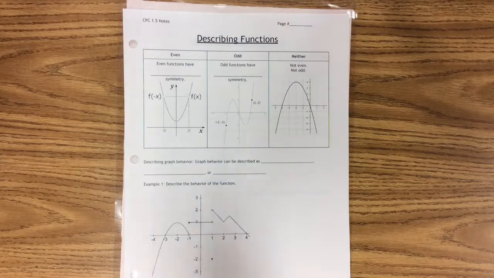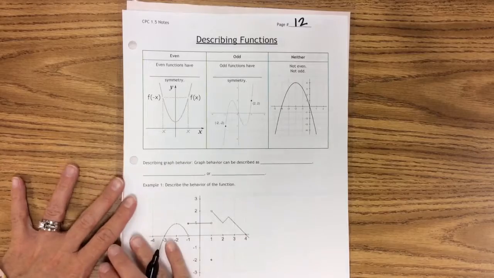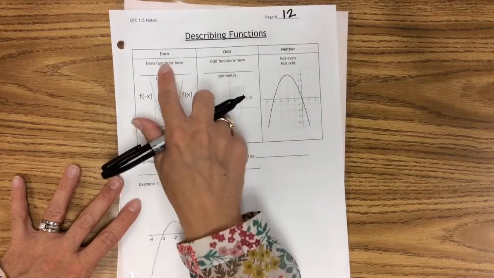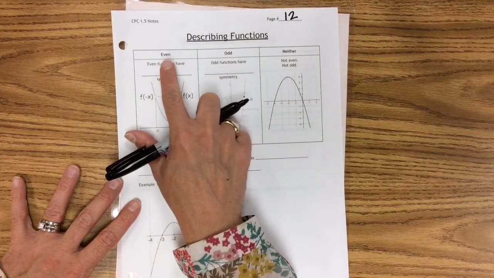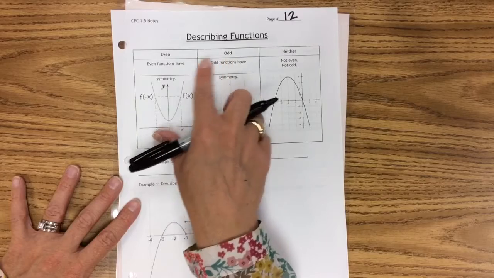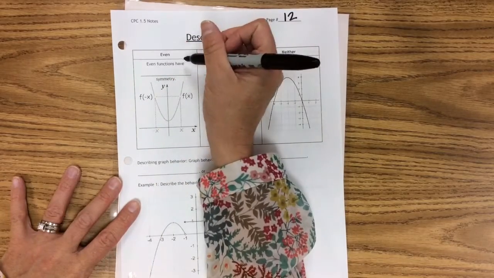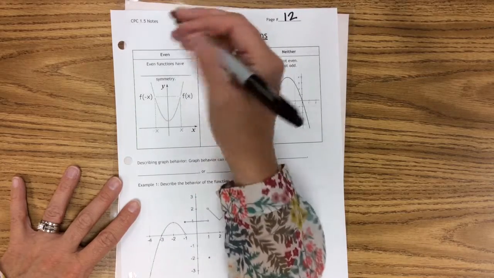So today we're going to talk about the information on page 12 in our notes. It is describing functions. So a couple of vocabulary words we're going to go through. First is even, odd, or neither. These are ways to describe a function. It can either be an even function, an odd function, and if it's neither of those, you would call it a neither. So even functions, how we're going to look at and decide if something is even is if it